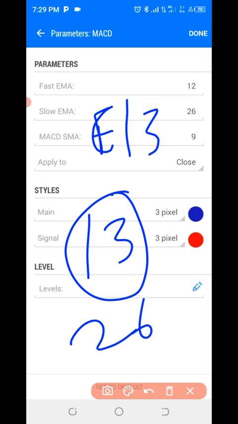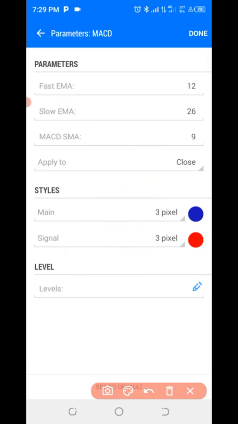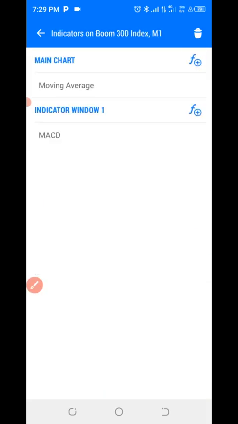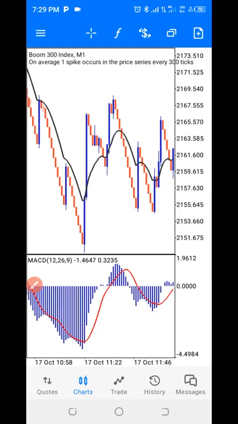But in the MACD now, it is a slow moving average, 26. So in the longer run, by the time they are done with the calculation, it's still going to be an exponential moving average, right? It's still going to be a fast moving average to give you the signal that you need there, right? Once you are done, you click on done. So guys, do your backtest very well.